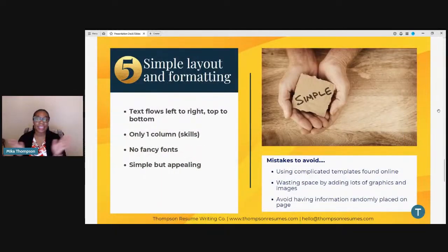number 5 is simple layout and simple formatting. So I've talked about this in previous videos as well. Naturally, people's eyes read from left to right, top to bottom. There's no need to get super crazy or super creative with your resume to the point where you have a lot of information just sporadically placed all over the page. And typically when I come across this, it's because someone has downloaded a template that they found online. So maybe they went to Etsy or they went to Canva,